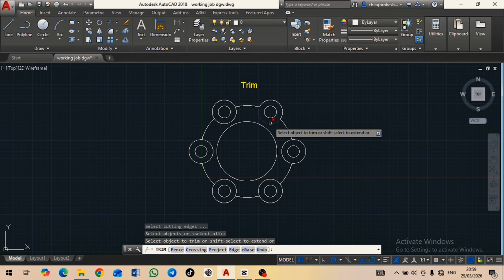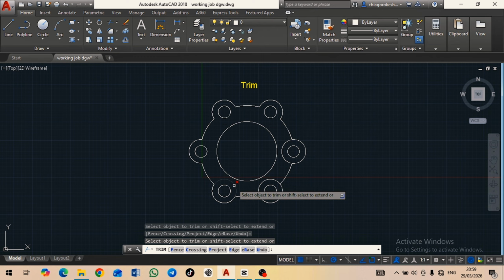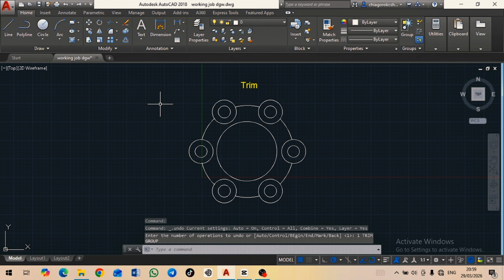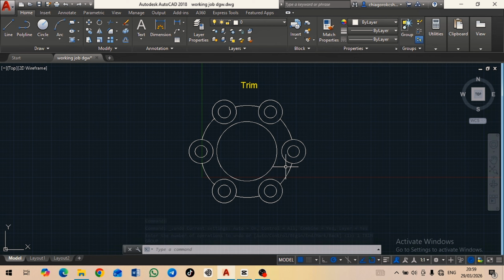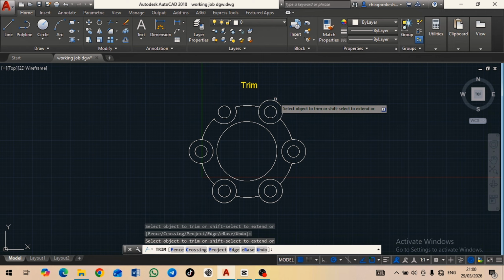So what I'm going to do, I will trim off the parts which I don't want by clicking here, removing this part. By so doing, I was able to achieve this particular one because those parts which I trimmed off are parts that I don't need. So let's go back and undo it. I want to show you something. The next step you are going to take is to go back, activate your trim command, click enter. Now I'm going to trim off this side